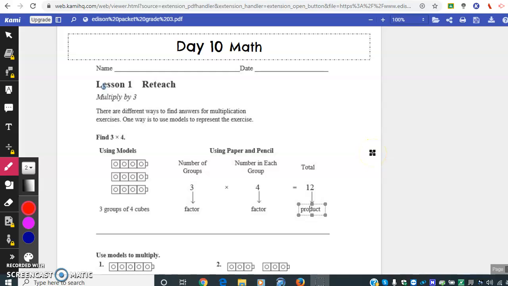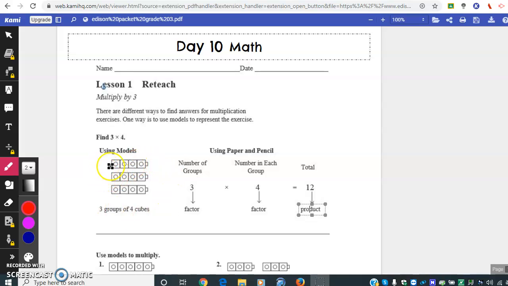We are on to day 10 math now, which is a reteach. If you look at the top section, it explains that you can use models when you're multiplying, and they're showing us some linking cubes here. It says there are different ways to find answers for multiplication exercises. One way is to use models to represent the exercise, and their example shows a model of linking cubes placed